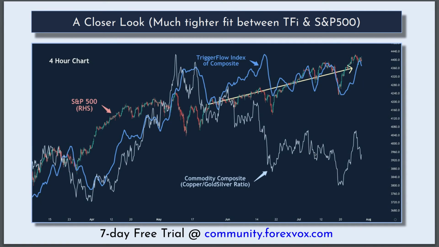So this was what the video is about, to show the value of flow and the power of flow, as I like to say. In this example, definitely keep your eye on the flow. And if the flow starts to break lower or higher, I wouldn't be too surprised to see the S&P go with that. So anyhow, this is a kind of research analysis that I do on a daily basis in my